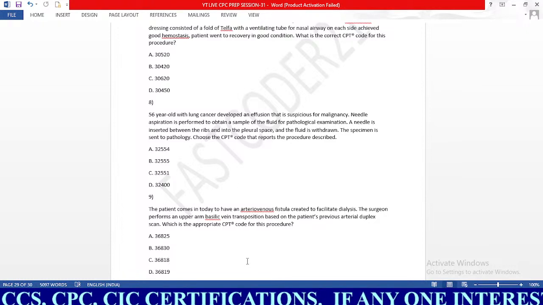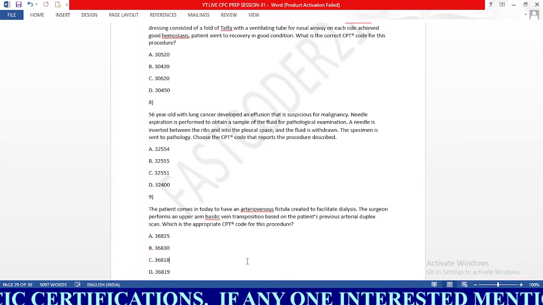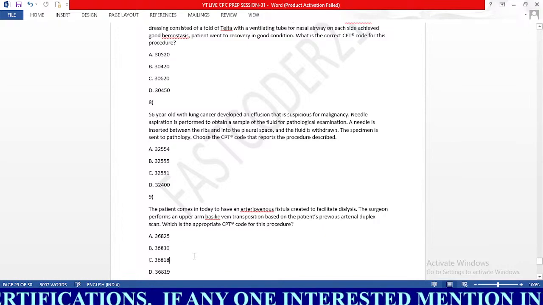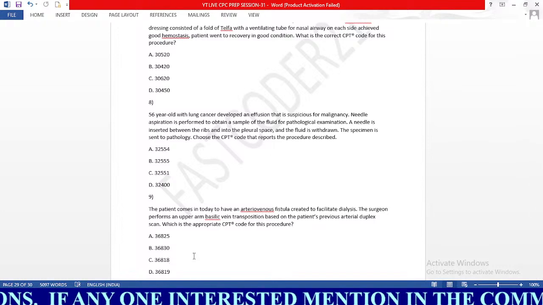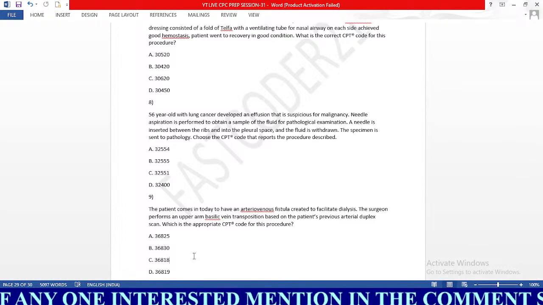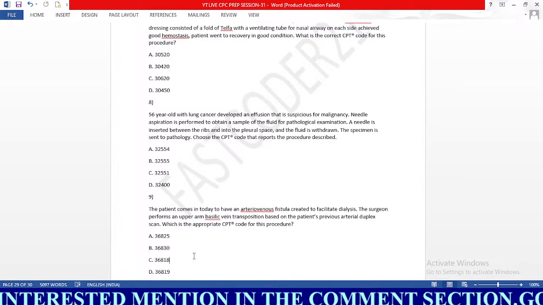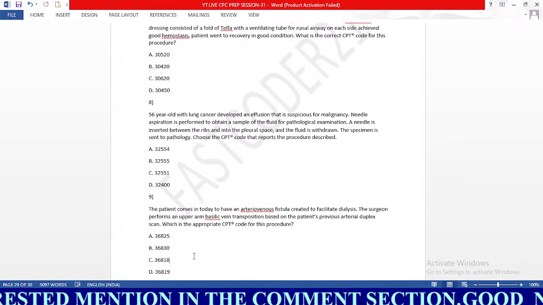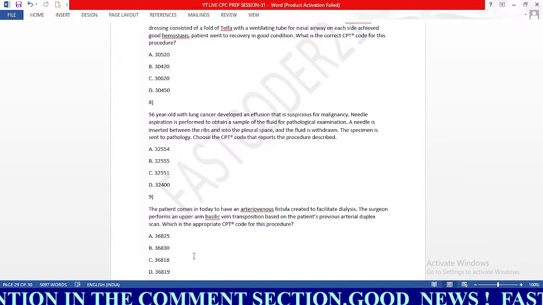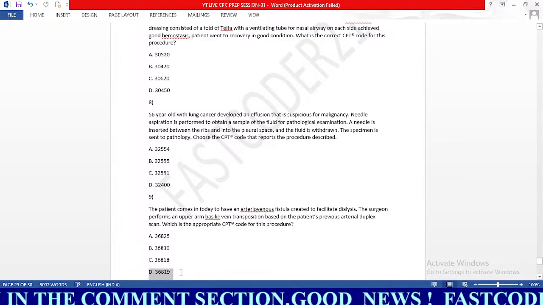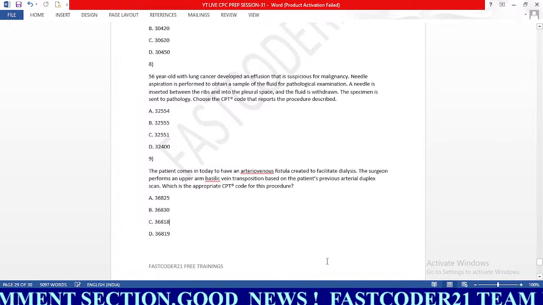818 is for upper arm cephalic vein transposition, but ours is basilic vein. So we will eliminate C. And what is 36830? 825 is creation of arteriovenous fistula only, not any transposition. 30 is for non-autogenous graft. So here basically the physician, using the basilic vein transposition, created the dialysis fistula. So here our answer is D, which is 36819. So okay guys, with this